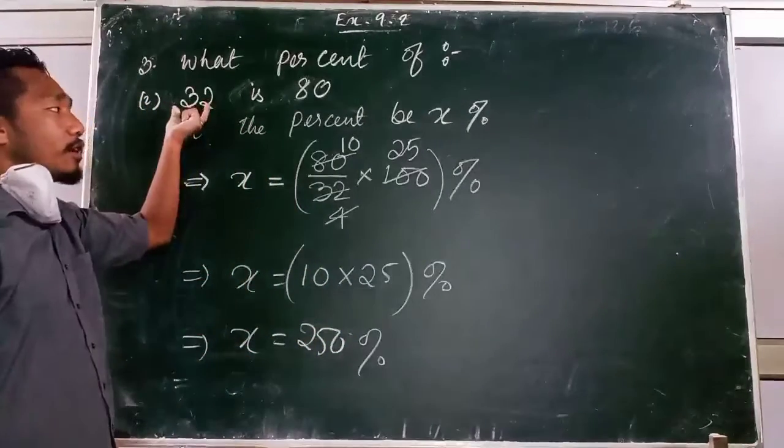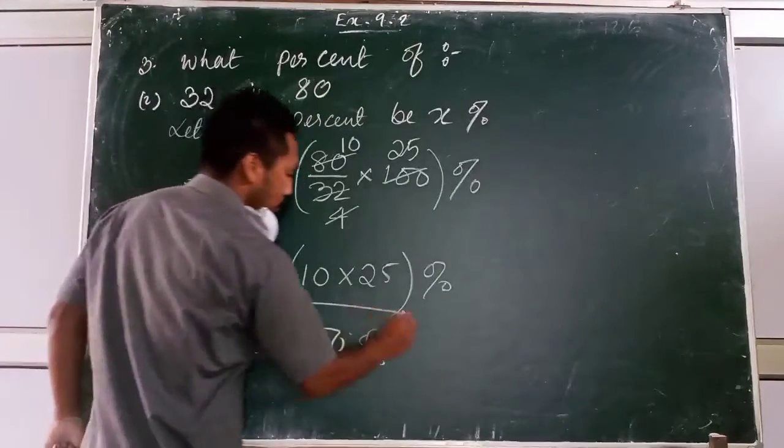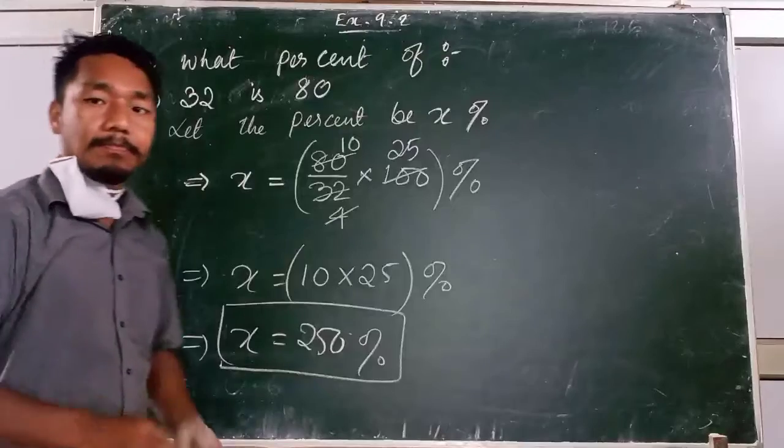So your x is 250%. That means 250% of 32 gives you the value of 80. This is your x value. Similarly,